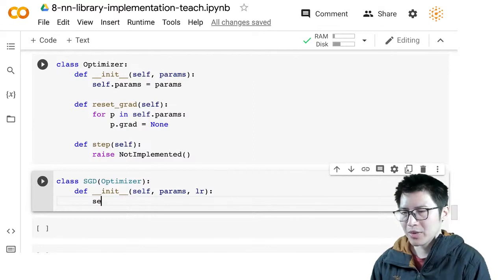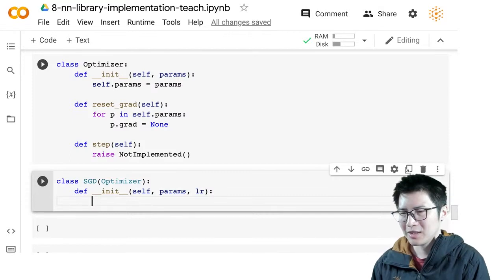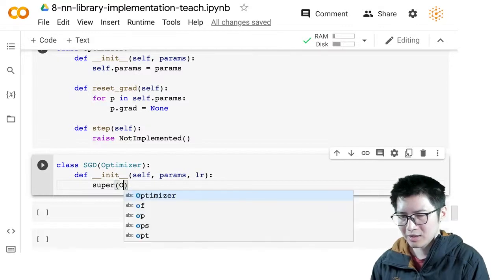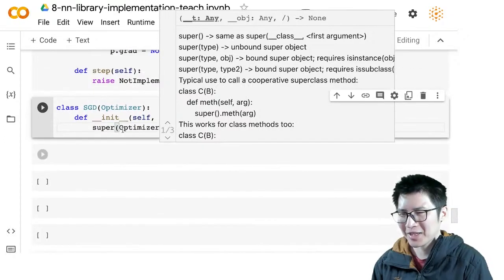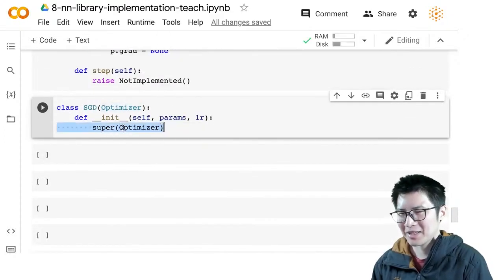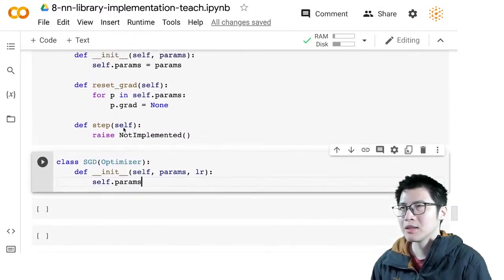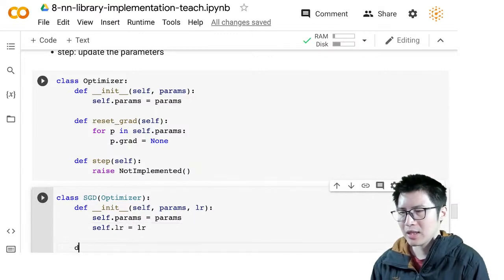And then it's going to recall self dot. Well, I'm going to call my parent's initializer, right? So super optimizer. I kind of forget what's... okay. So actually, I can directly do initialize. That's fine because in this case, the initializer is not as so. I can just do self dot params equals params. Self dot learning rate equals rate, and then in the step function,